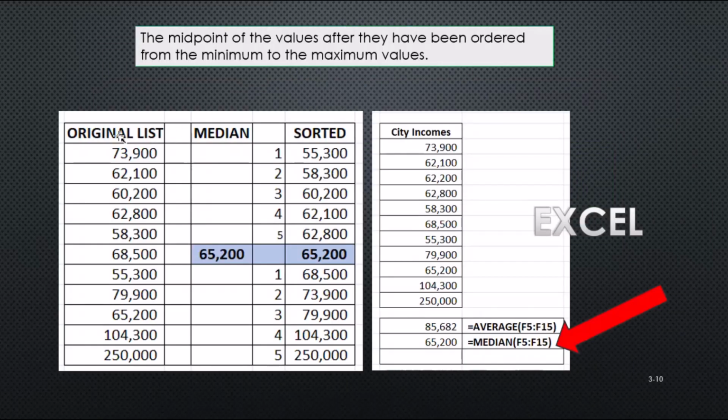So if we took that same list, here it is again, and we sort it, this is in Excel, and we have 11 numbers here. So we have 5 below and 5 above. Now this is after it's been sorted. Now we have that middle number, which because we have an odd number, 11, is easy to find out because it's the 6th number in this list.